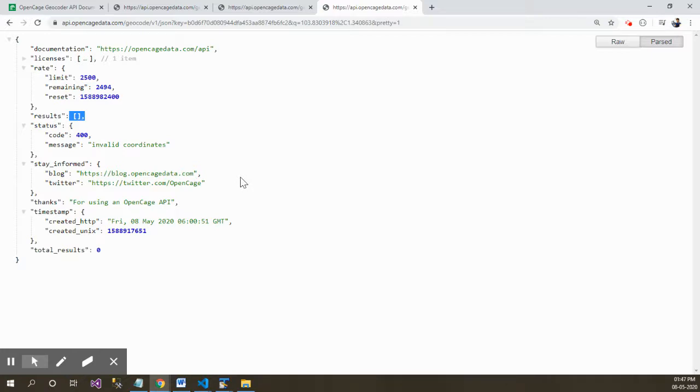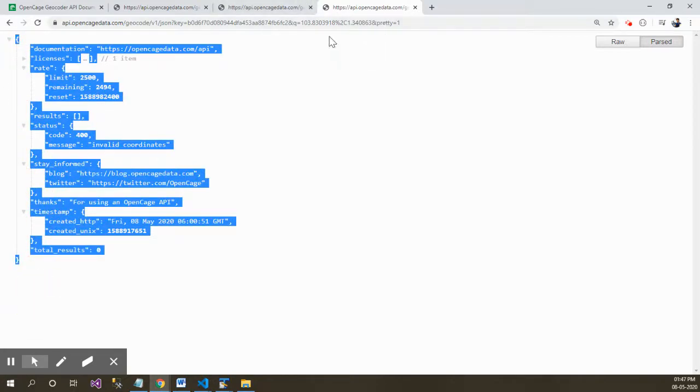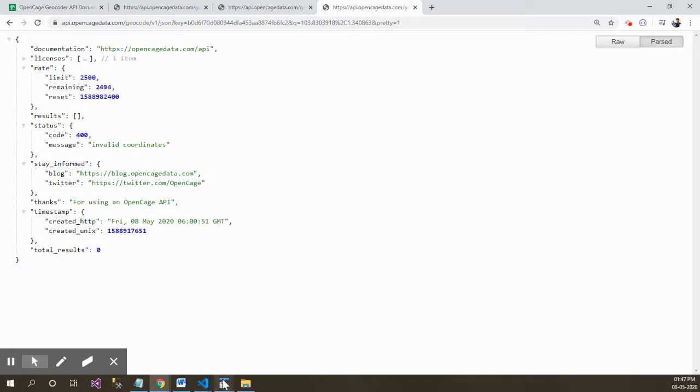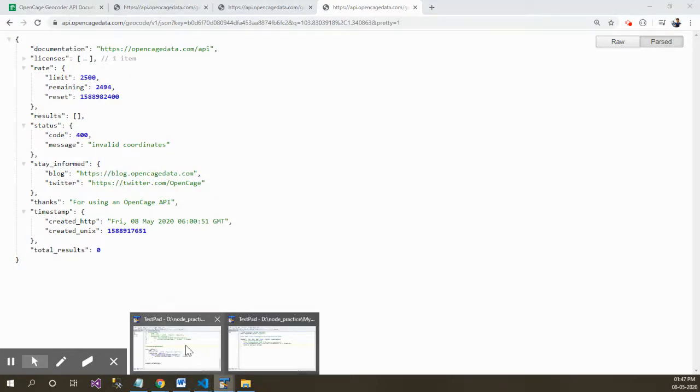So as a developer, it's your job to go through the documentation, provide different inputs to the API, see the expected JSON response, study that JSON response, and write the code error free as per the given response. So how do we handle the existing code to make it work with invalid inputs for the latitude and longitude in this case?